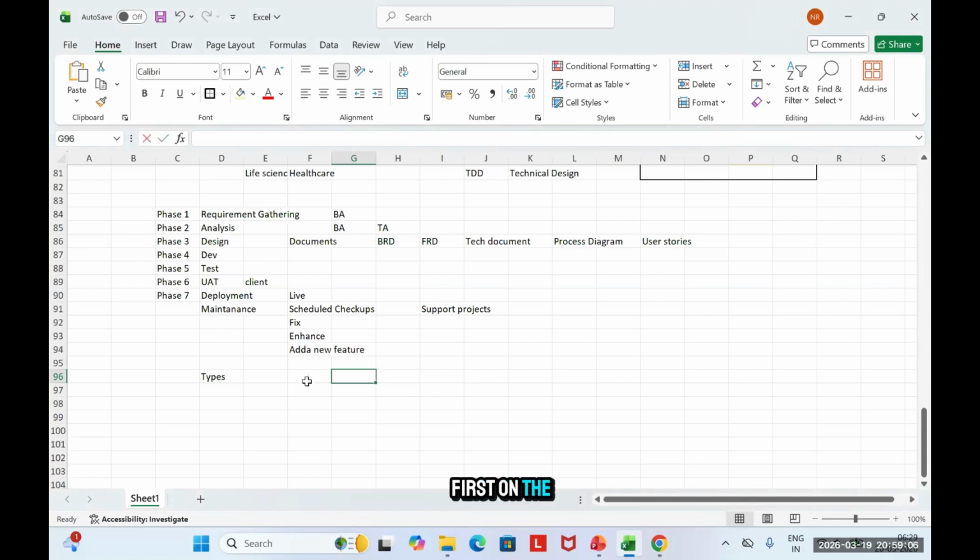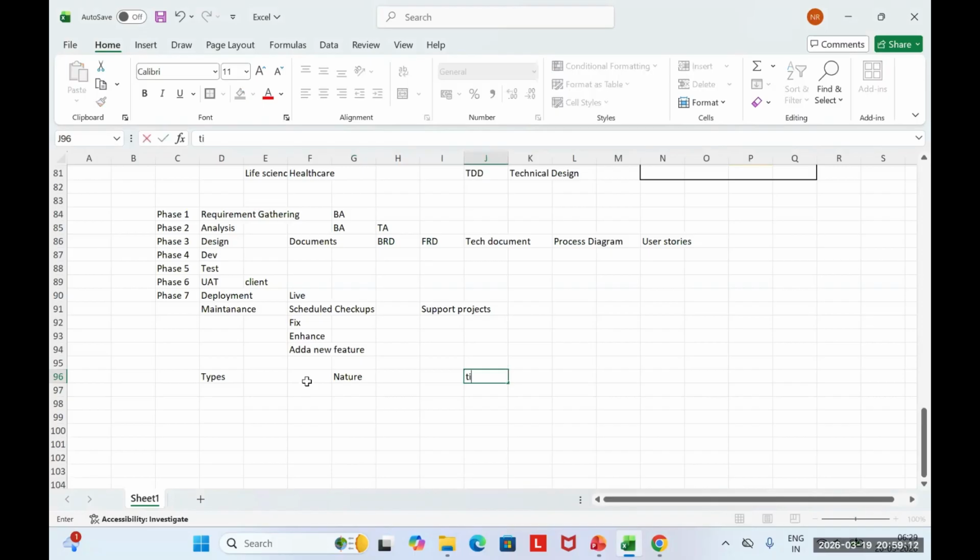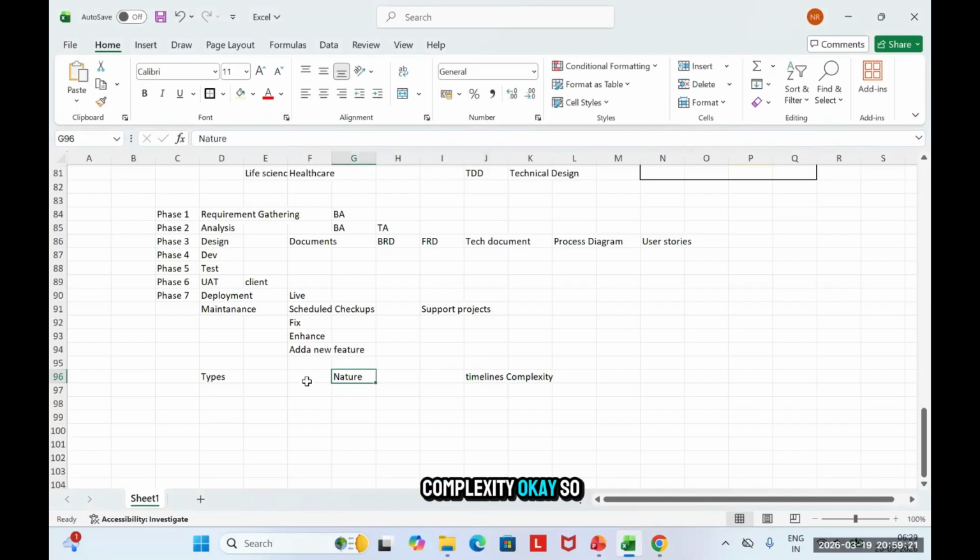First, on the basis of nature, and second, on the basis of timelines and complexity. Okay. So first, I'll talk about nature.